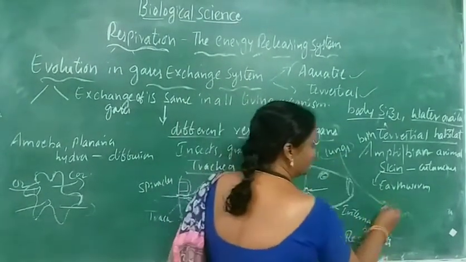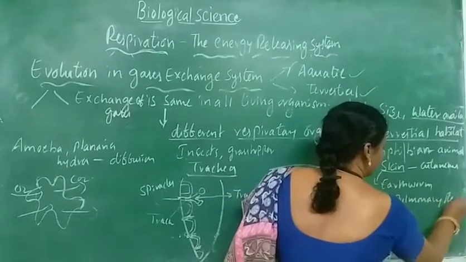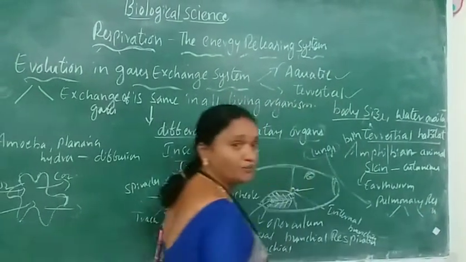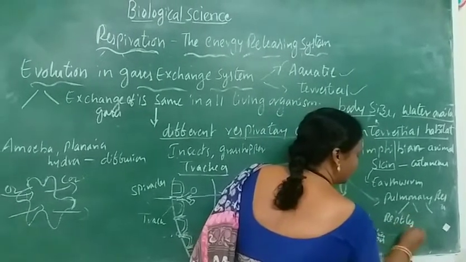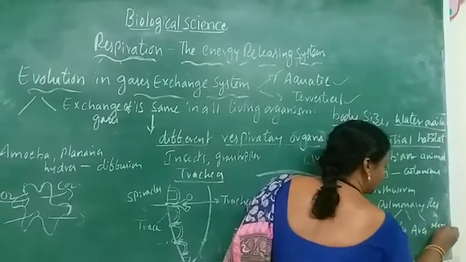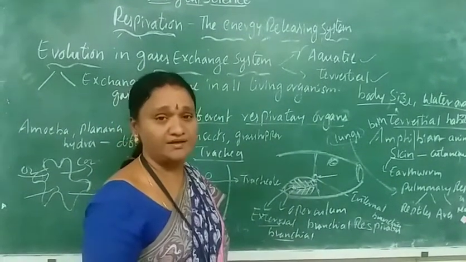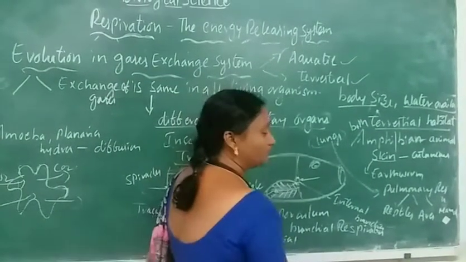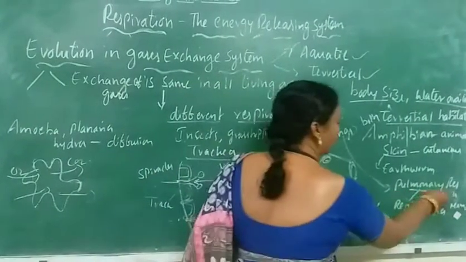If respiration occurs through the lungs, it is called pulmonary respiration. This pulmonary respiration is carried out in the next higher groups of animals like reptiles, aves and mammals. Reptiles are animals like lizards, and aves are nothing but birds. If respiration occurs through the lungs, we call it pulmonary respiration, which we observe in all higher groups of animals, that is reptiles, aves and mammals.